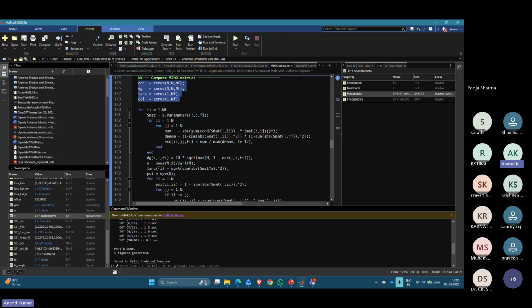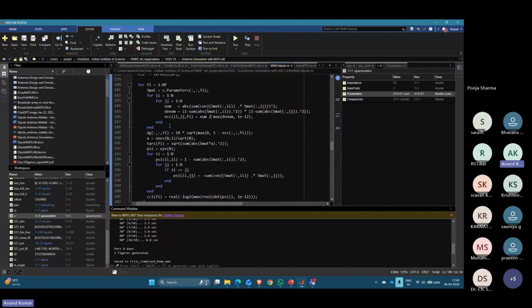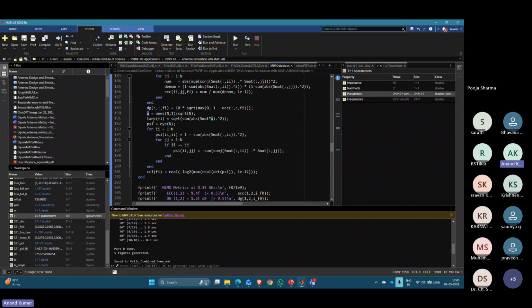The numerator and the denominator, which had summation upon them. So the summations were from 1 to n, 1 to n. So we are using for loops to run those summations. And then the diversity gain can be calculated from the ECC. TRC is calculated using the S matrix and this excitation function matrix. We multiply them, get the TRC, and then finally for CCL we calculate the psi functions and then the expression